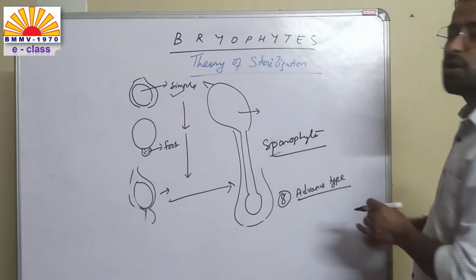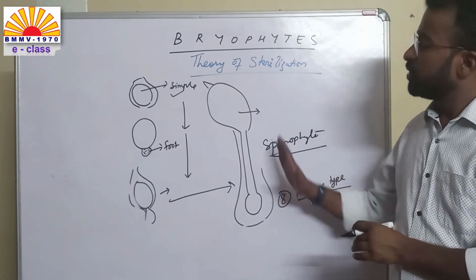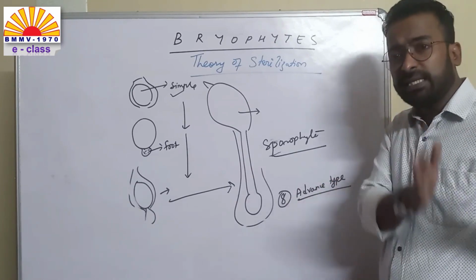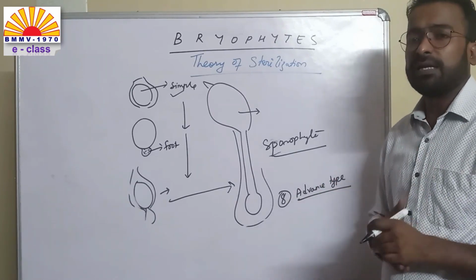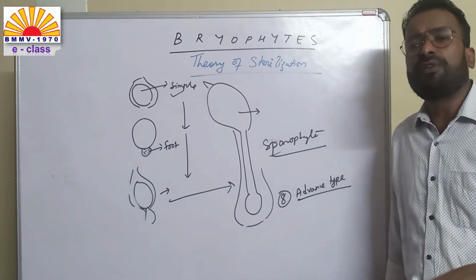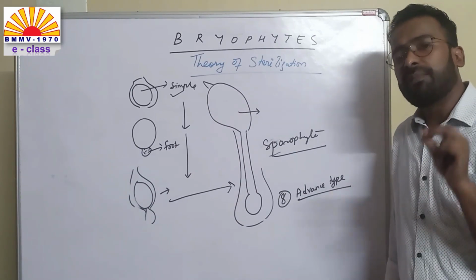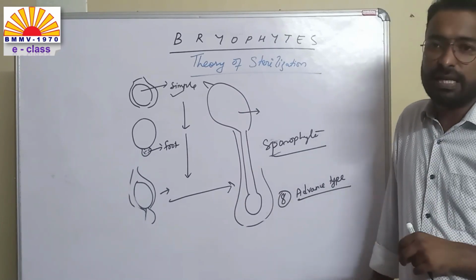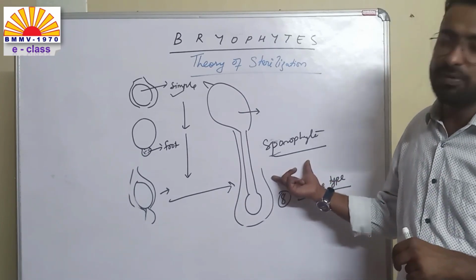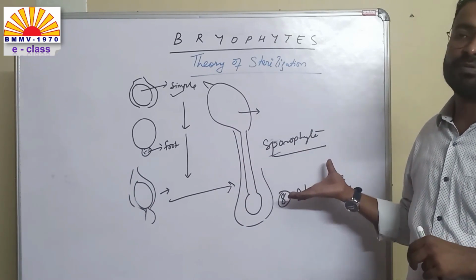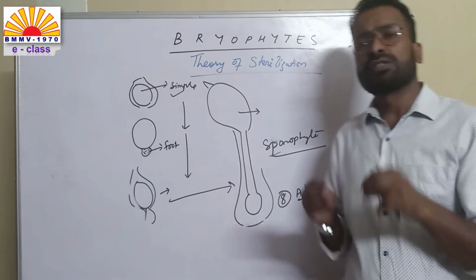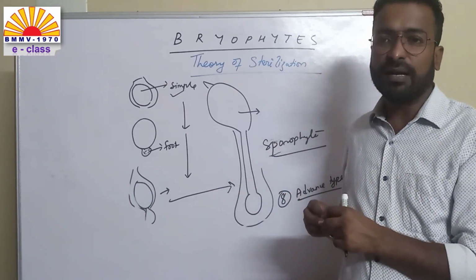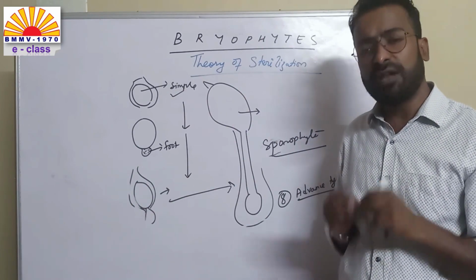So there is a complexity in the sporophyte. Whenever you see a very evolved sporophyte, it means it is a link to the higher plants. In higher plants, you see a very well developed sporophyte. The gametophytes are reduced to very small cells, and when you see this advanced type of sporophyte, bryophyte shows a link between the aquatic plant and the higher terrestrial land plant. That is why the study of bryophyte is very important.